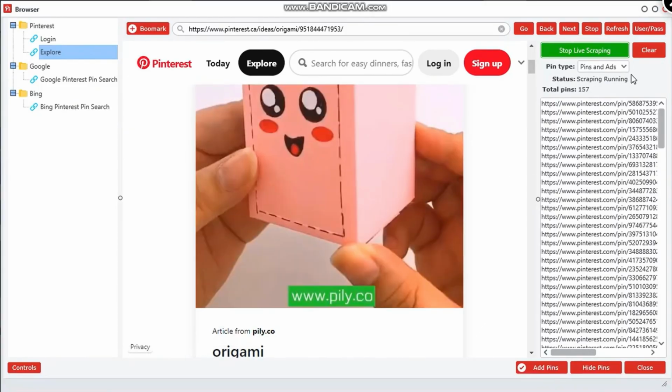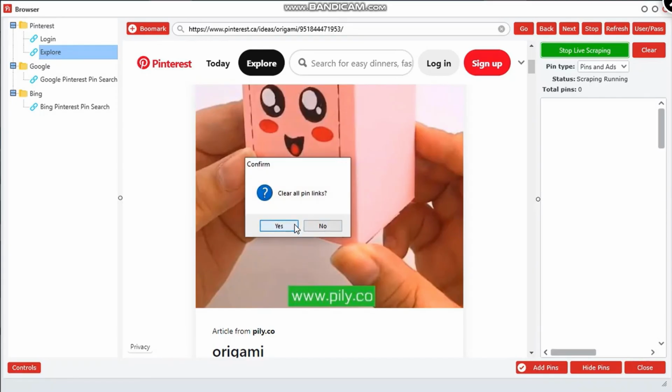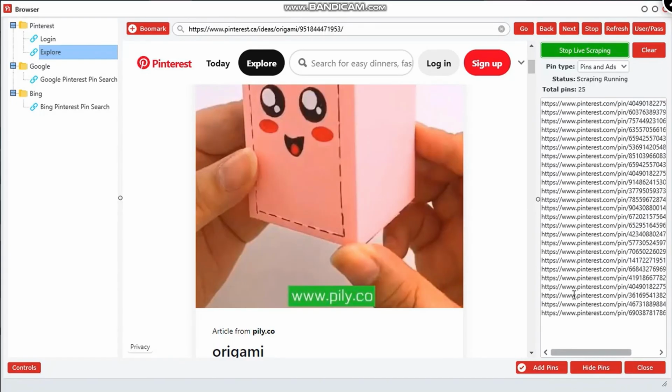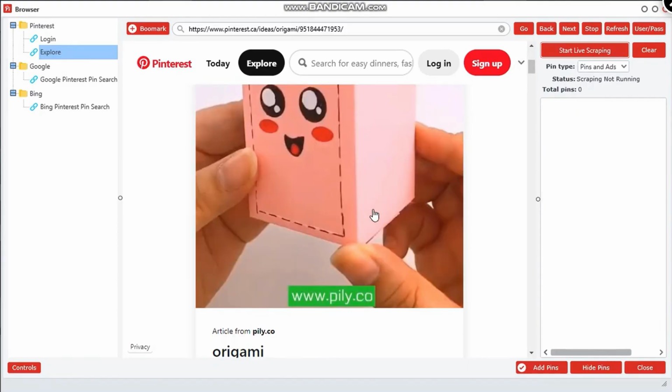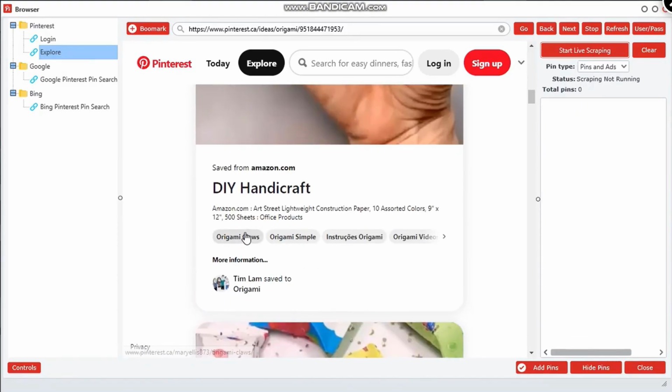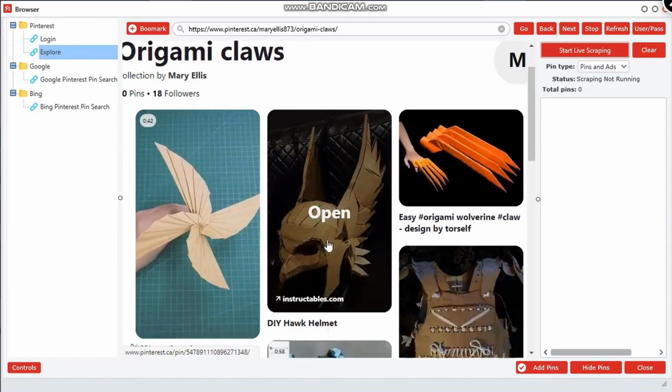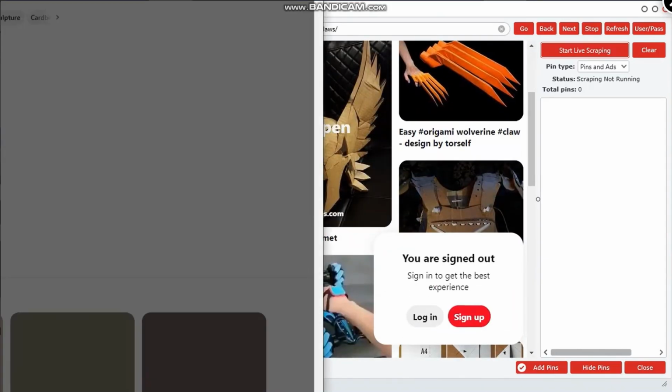Now I'm going to just show it, if you got a whole bunch of links here, you can actually clear at any given time. And while it's still live, it will automatically get the links again. If you want to stop live scraping, just click that and you can clear out those links. And say if you're just surfing around in here and you want to look at different items,